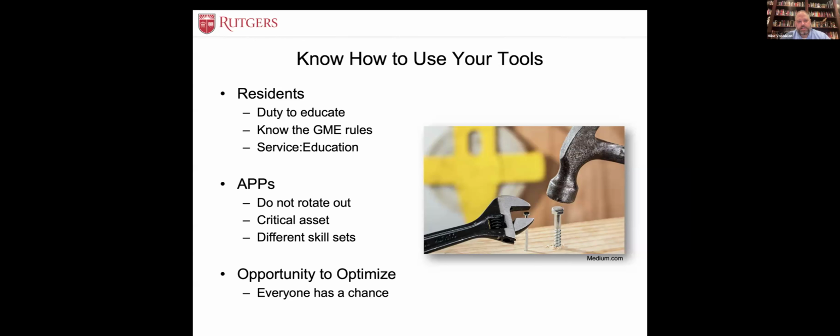They know how the service runs, they know how the patients are, they know the protocols. It is a very, very invaluable resource to have an APP that is really in tune with how things are. They are a critical asset. I joke around all the time: I could not run my practice without my PA. It's a 100% statement of fact.